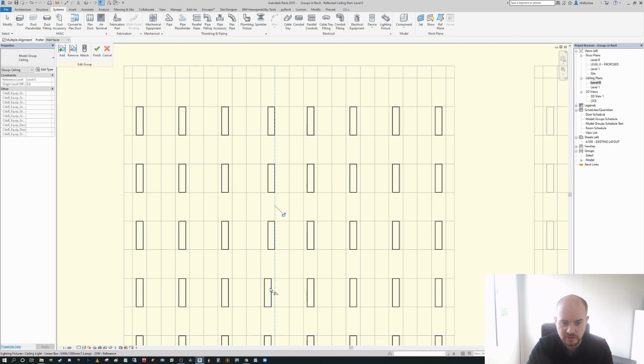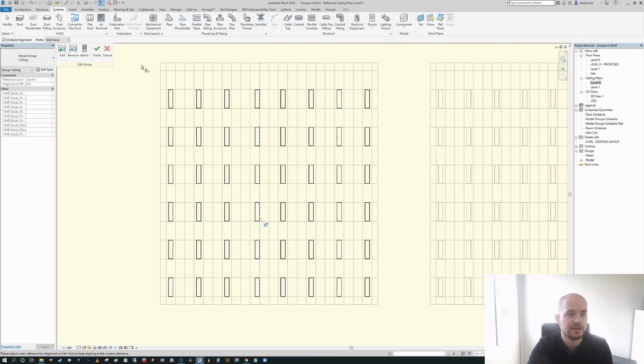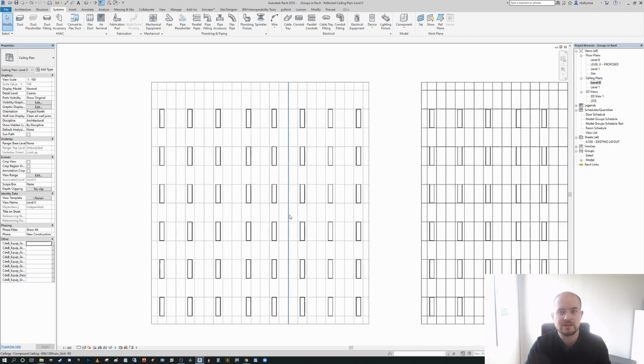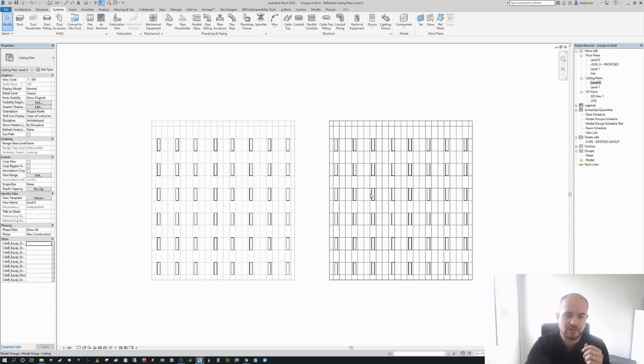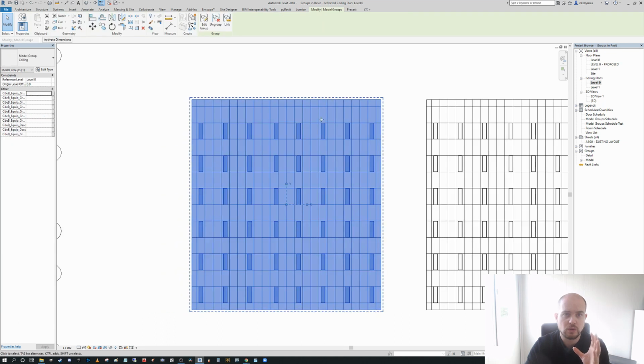This line of fittings for some reason. Again, forgive the design, but I press finish. Okay. While this is a relatively simple example, I've seen instances where ceiling hosted elements fall out of the model or disappear entirely from the model. They fall out of the group or disappear entirely from the model when they are grouped and you've made an edit to that group. And there is a little bit of a trick which you can do in order to